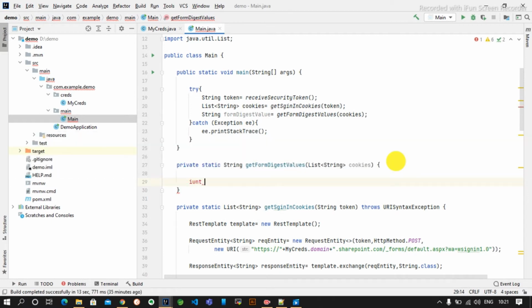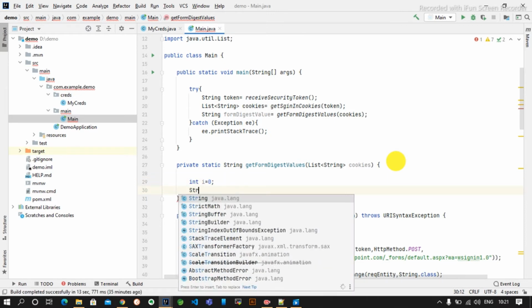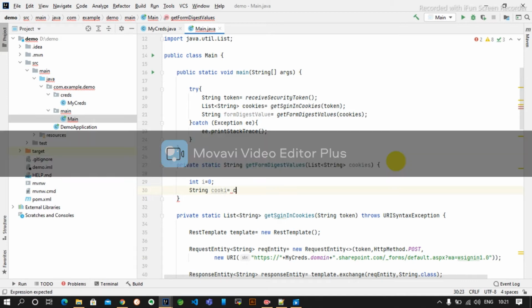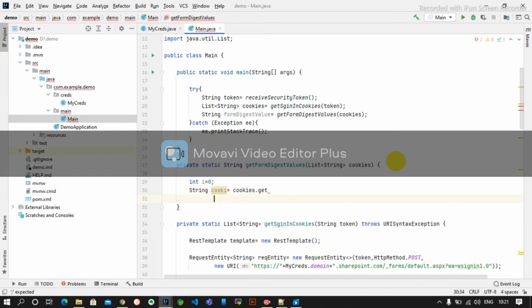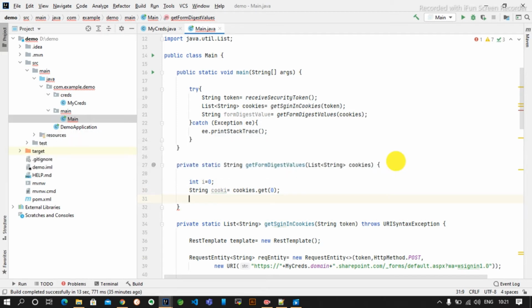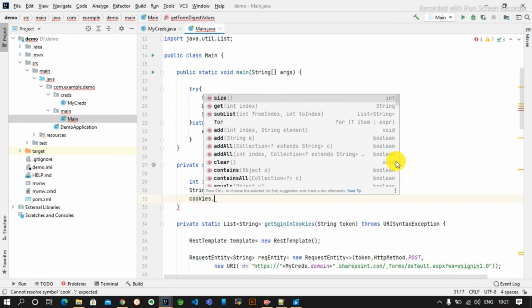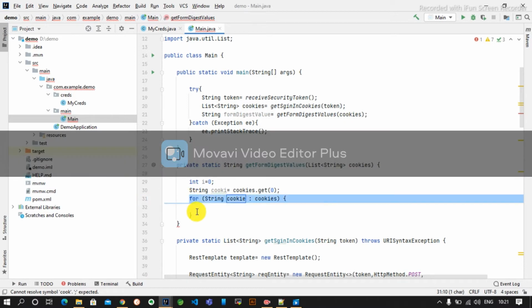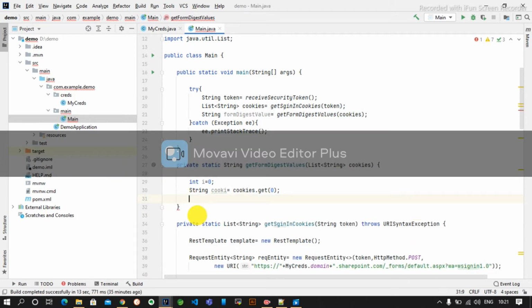So let int i equal 0, and String cookie is equal to cookies.get(0), we will get the first index. Then we will remove the same index.